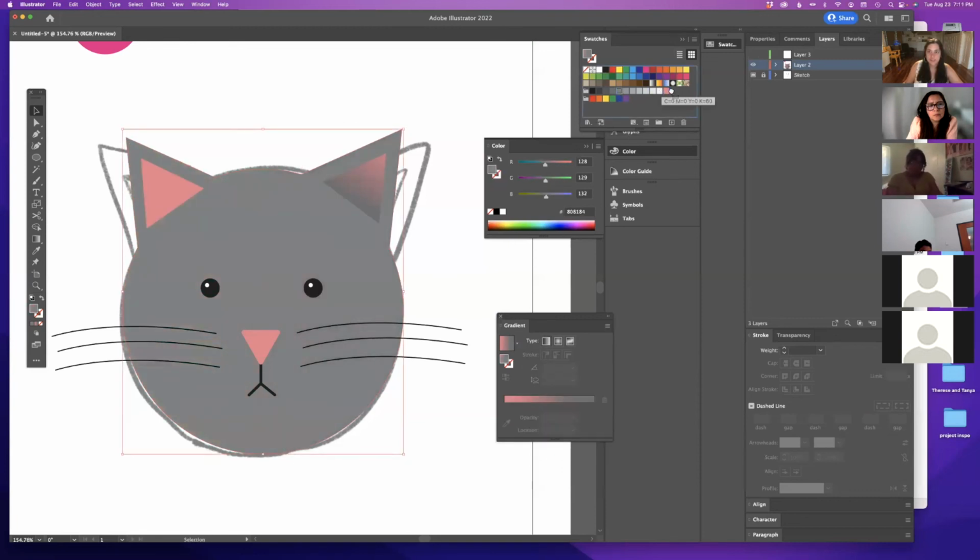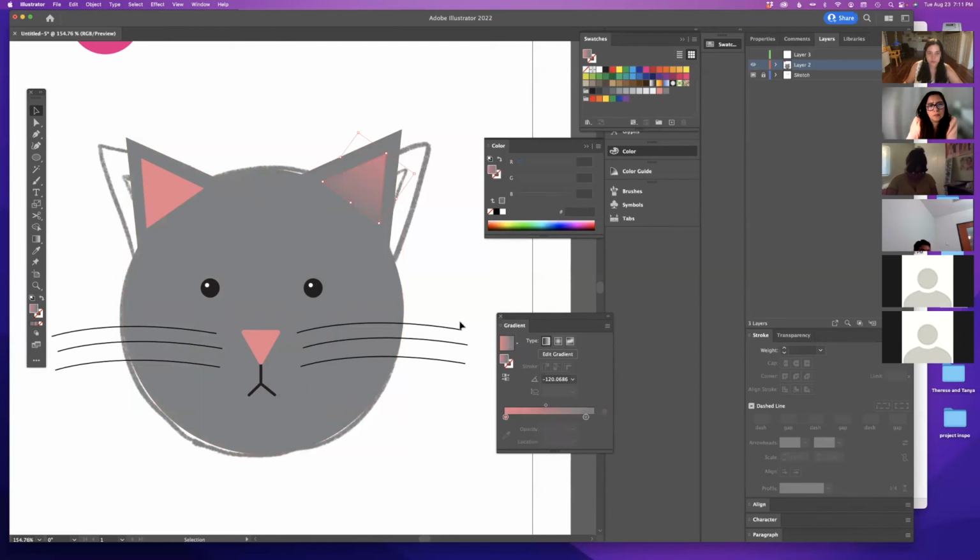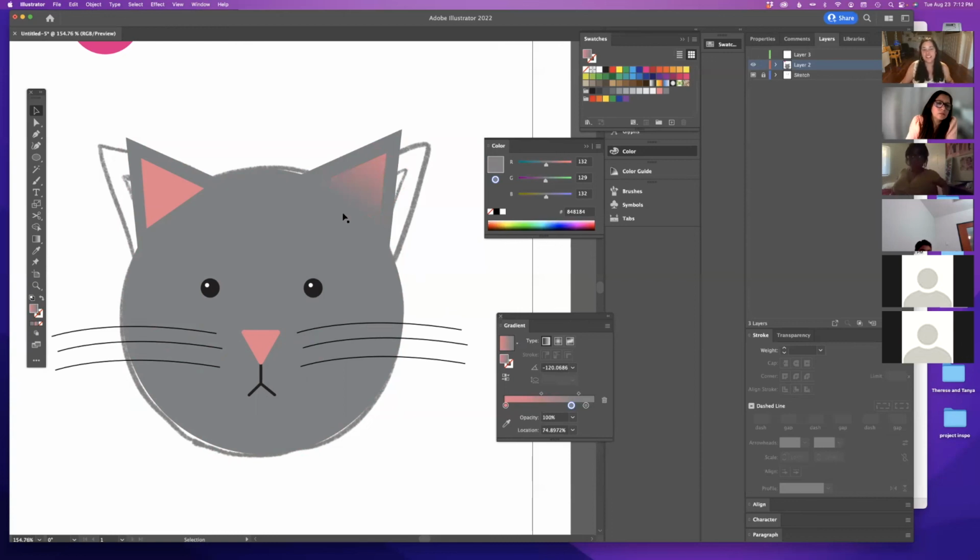I'm going to move this gray over next to this pink so I don't confuse it. So now if I pull this gray down, now that's doing more of what I want. That's what I was going for. So it just looks like it goes from that gray into that pink shape.